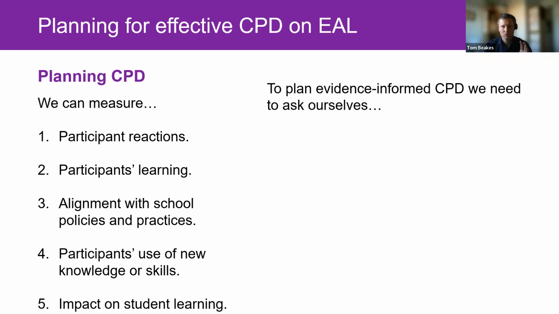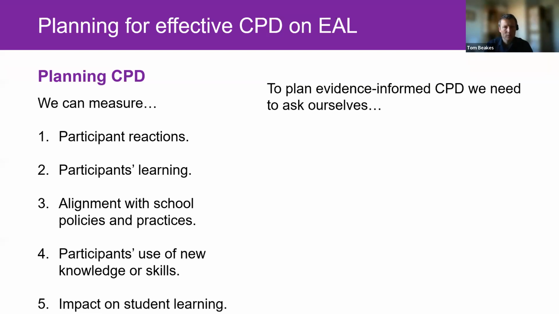Okay, the next step we might want to think about then is planning for CPD. And when it comes to planning, one way that can be useful to think about, and this again comes from my colleague Silvana, is to take Guskey's 5 levels of evaluation that I just talked about and flip them upside down and turn them into questions that we can ask ourselves. So if you're just starting to plan a program, it might be helpful to ask yourself these questions.